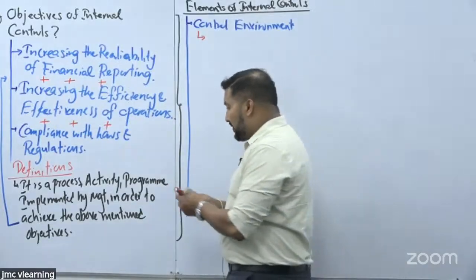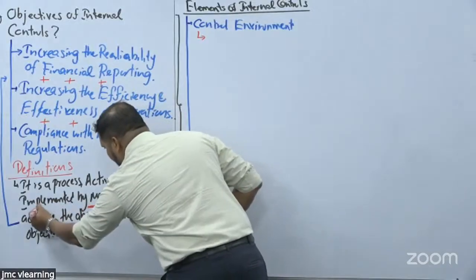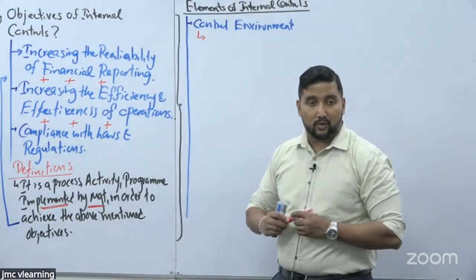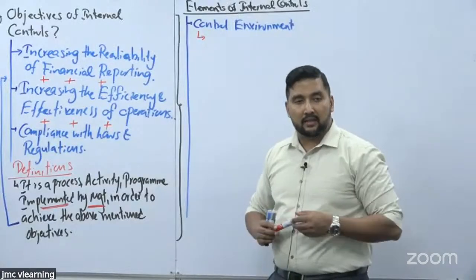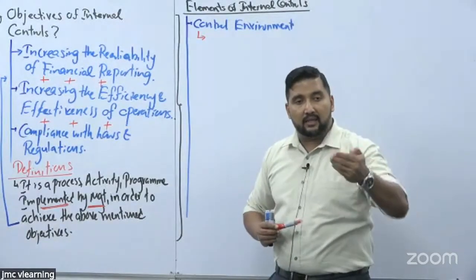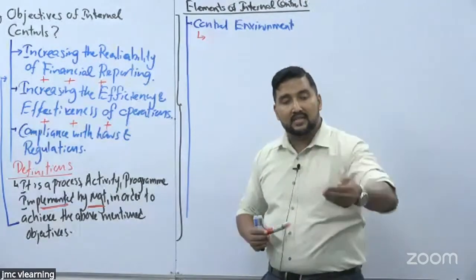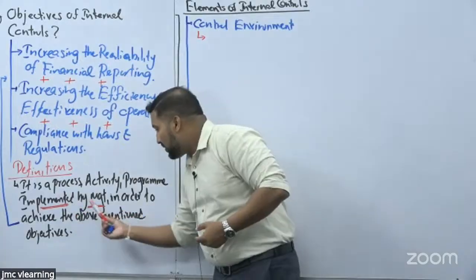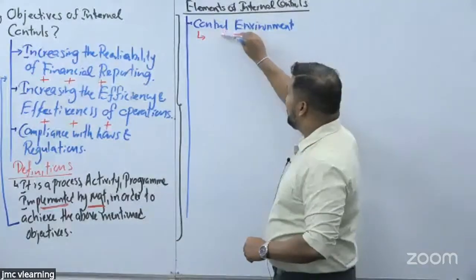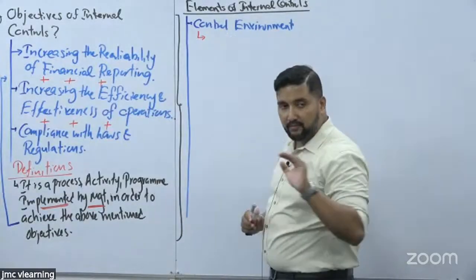Why? Board of directors or the management are the people who are responsible for the implementation of the internal controls. So for them to implement the internal control, they should understand the gravity first. If they wanted to implement a better internal control, they need to understand the importance of the internal control. If they do have that understanding only, they should be able to implement a better internal control. So for that, that attitude is a must. So that understanding is referred as what? Control environment. Are we clear?